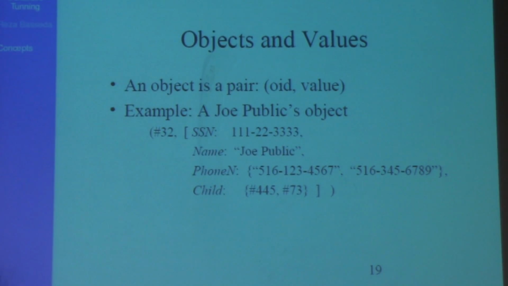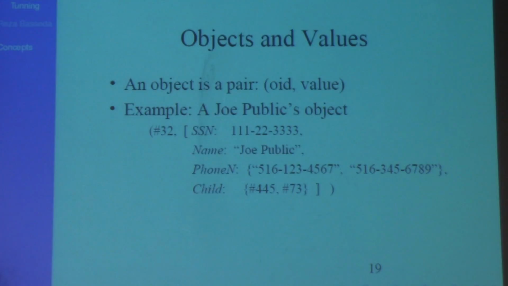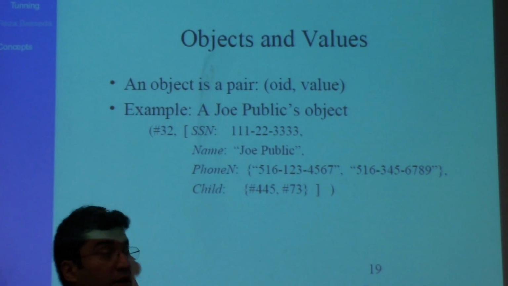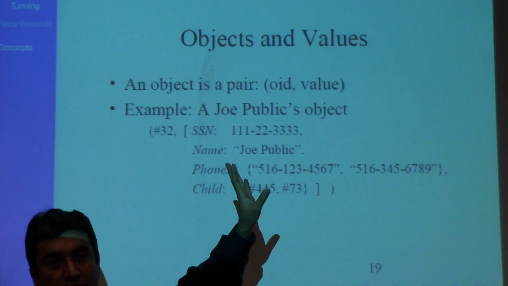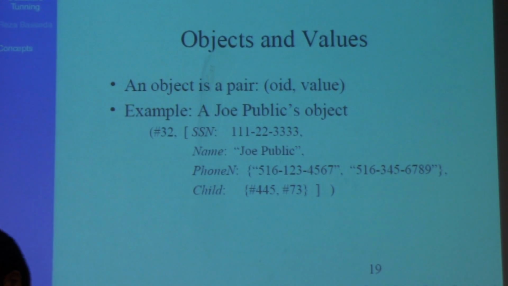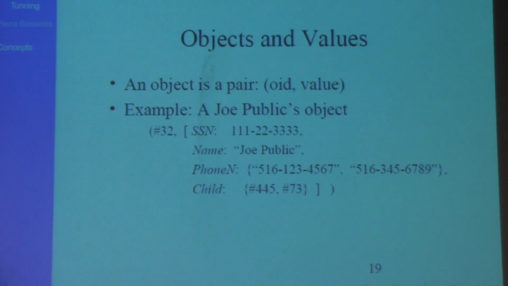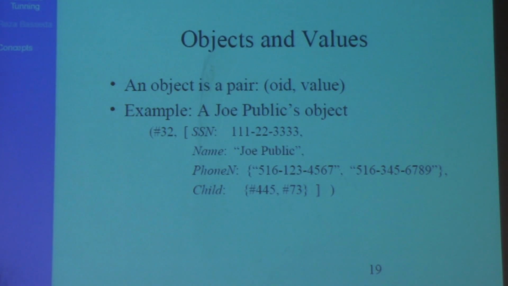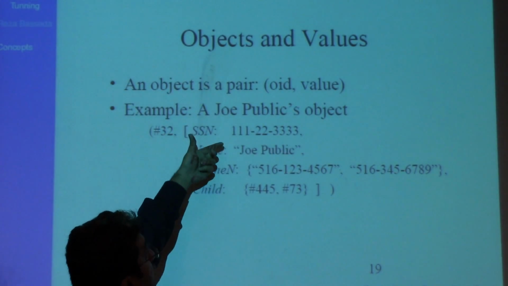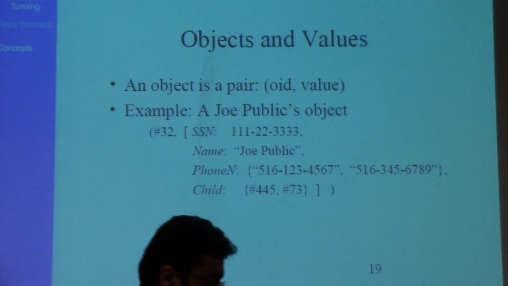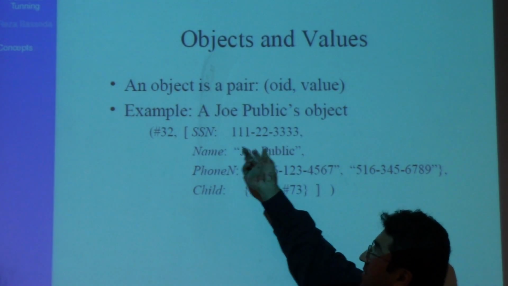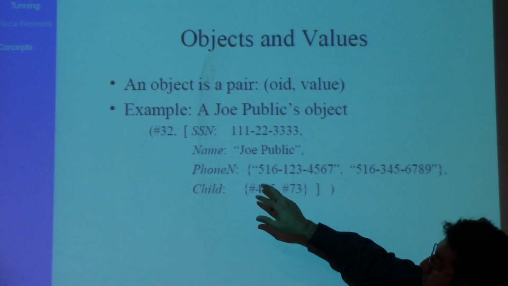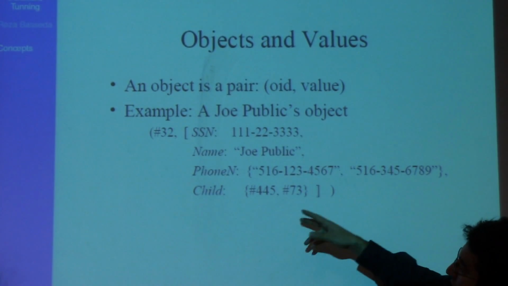Okay, so objects are just a pair of object ID and value. That's it. So very simple. So, just getting back to the example that we had at the beginning of the class, suppose that you have this Joe Public's object. You remember that he has this social security number, this name, and these are his phone numbers,